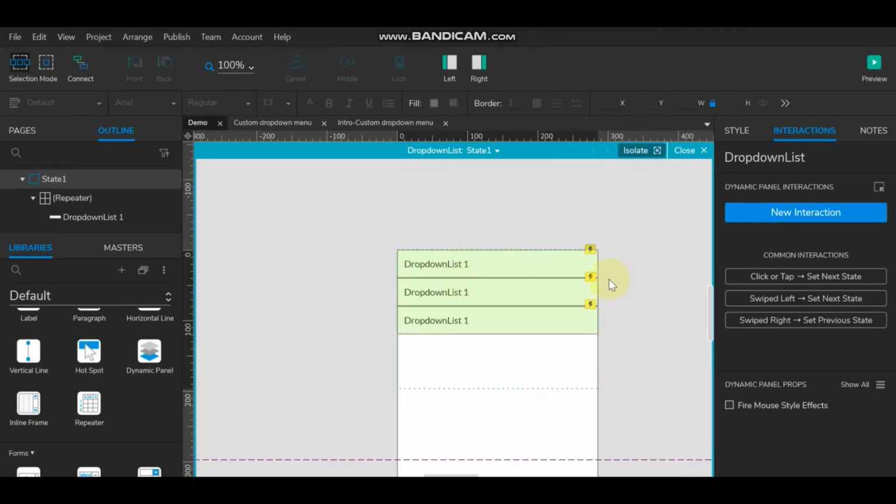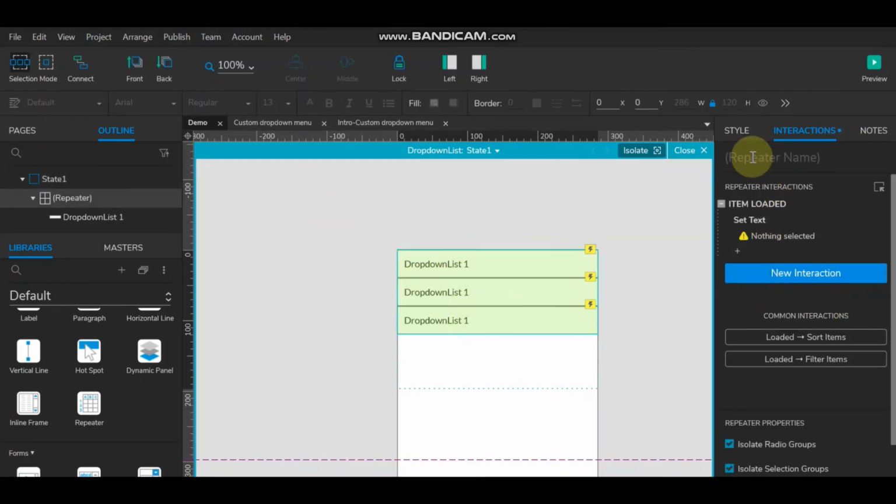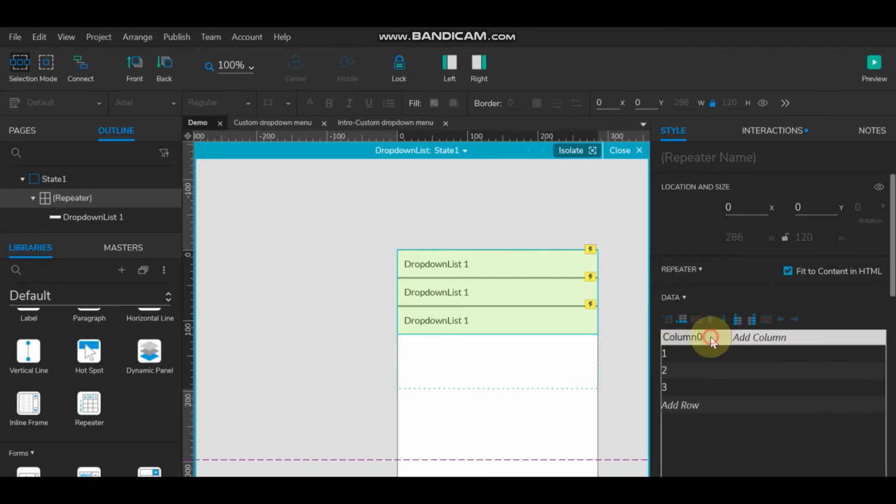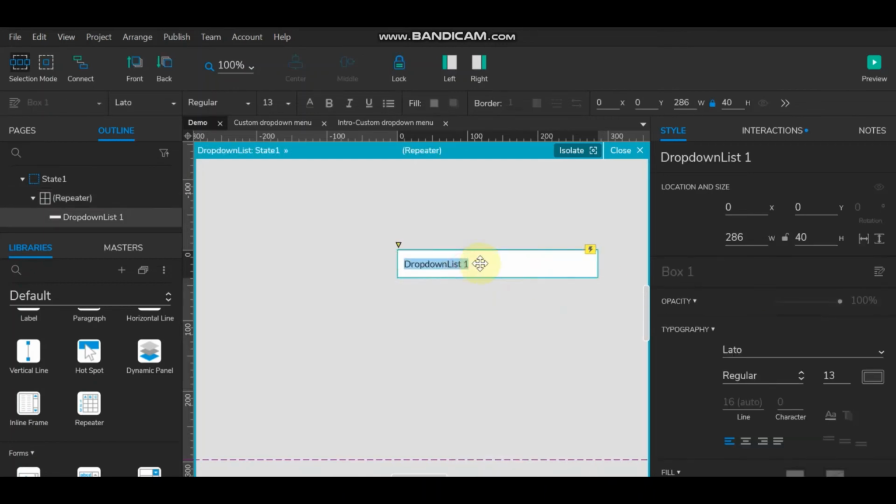So automatically the repeater reflects this drop down list 1, 2. So how is it happening? Here we have the style and repeater, here is a column. So you can say label, or you can give any name, and here drop down list, so we need to enter the name. So suppose this is drop down list 1